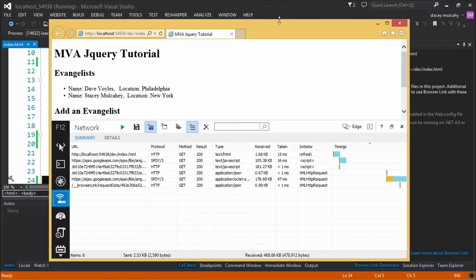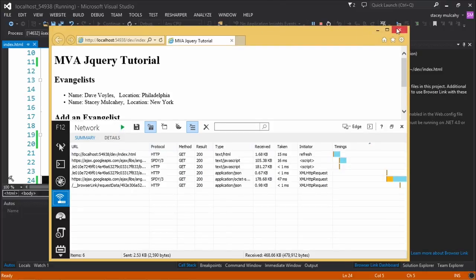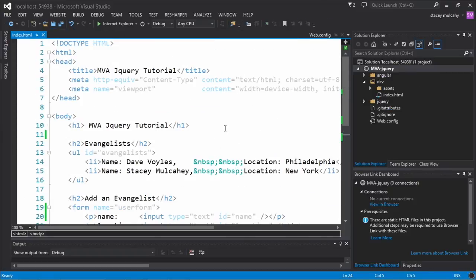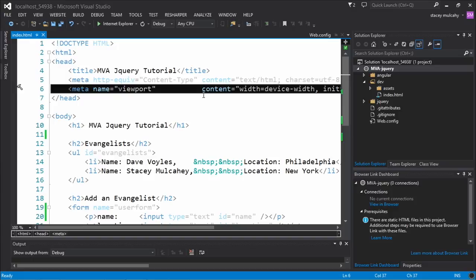Okay. So now that I've got the library, I can start to create this app. The first thing you need to do is create that bootstrapping point, and that's the ng-app. Now, you can only have one ng-app per HTML page, if you want to use it that way. If you want to have multiple applications in your page,